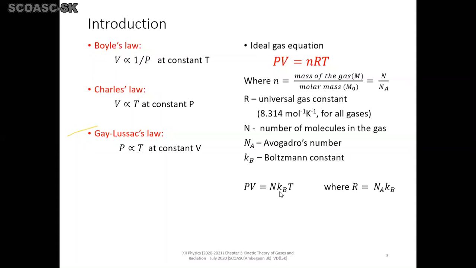Now, how did I get this N into Kb? I know that small n is capital N, the number of molecules of that gas, divided by the Avogadro's number. So instead of small n, I put capital N divided by Na. And the value of R is nothing but